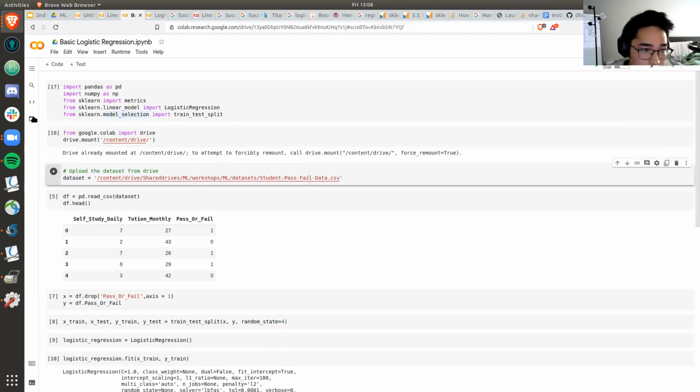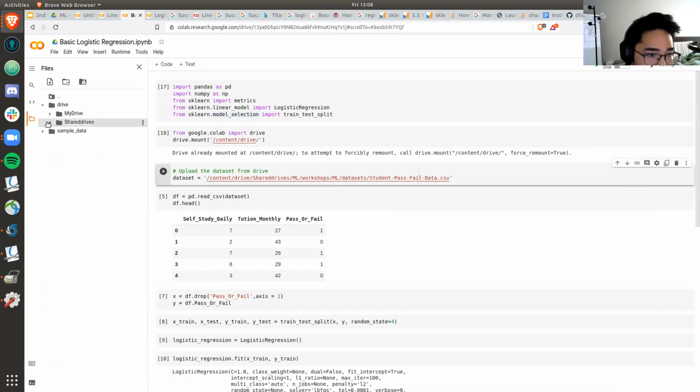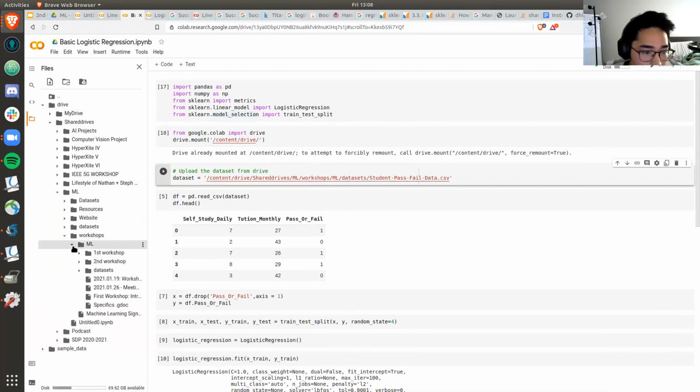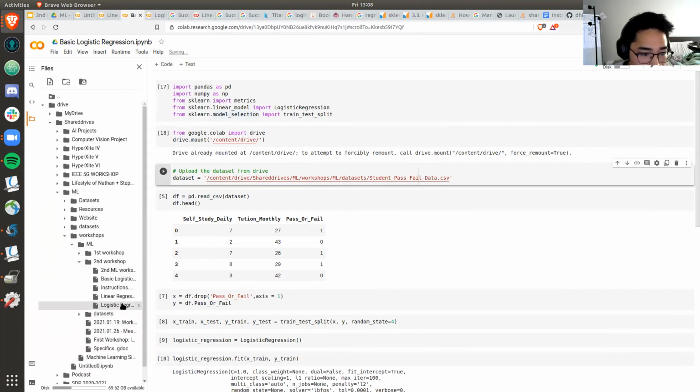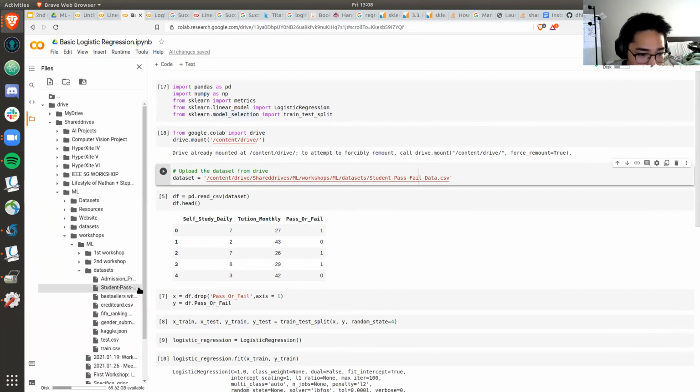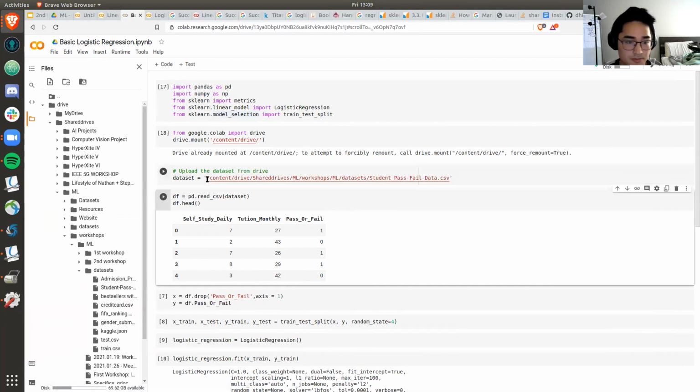I have my data set under this folder right here, the student pass. Just copy the path, put it into your dataset variable, and upload it.